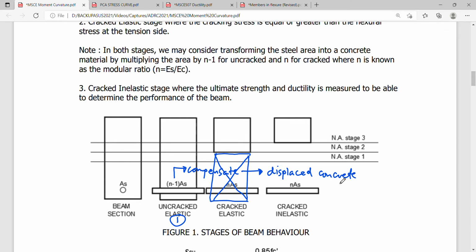Okay, so for the last stage, which is the crack stage, things are just the same as in the second stage. The only difference is that since you are in the inelastic stage, your area of compression concrete is reduced by an amount as manifested by the location of your neutral axis. In short, class, another observation that you might put into your mind here is that the neutral axis location